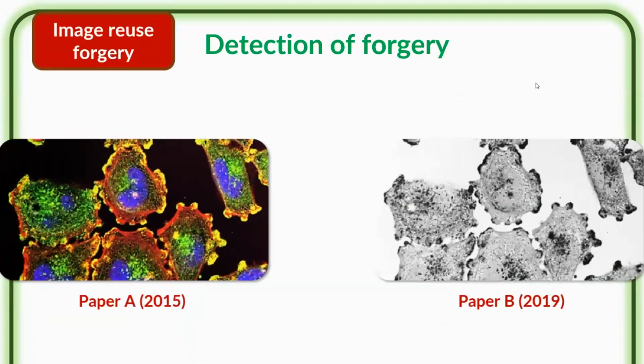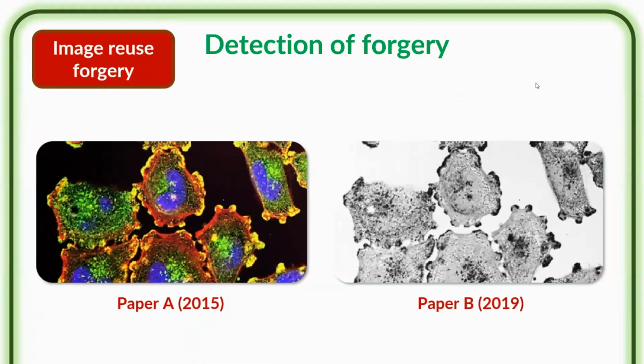Now let's look at the most difficult type of forgery to detect, because it's not exactly a forgery, it is reuse. So like I said before, this was a paper in 2015, and on the right you can see a paper in 2019, and both of these images are actually the same, but the paper in 2019 has basically reused that image. So there's no forgery, there's no copy move, there's no splicing, but just reuse of that image. So how can scientists or publishing companies actually find this type of forgery or abuse?